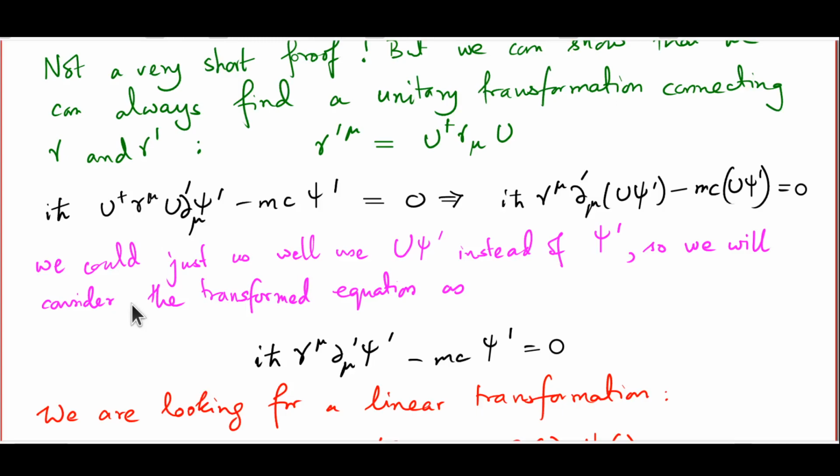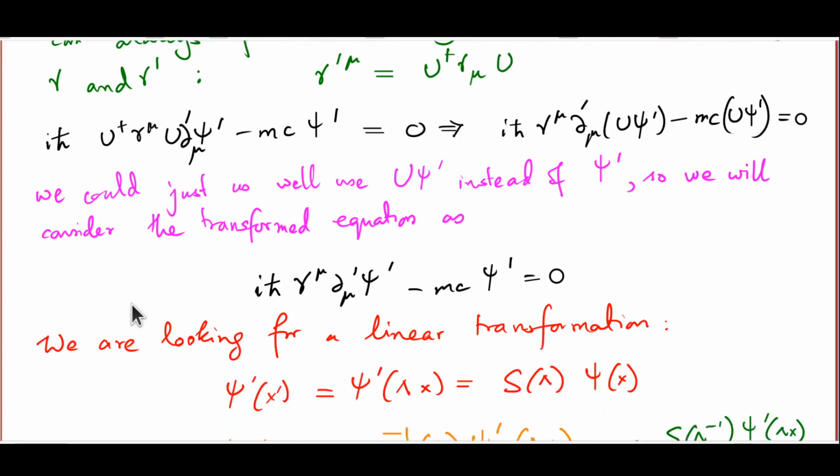We would want psi prime of x prime, which is of course the same as psi prime of lambda x, lambda being the Lorentz transformation which acts on x to give you x prime, to be related to psi of x by some linear transformation, or in the matrix language by some 4x4 matrix acting on psi of x. This 4x4 matrix, which we are calling S, must of course depend on lambda, the Lorentz transformation which relates the two observers. Of course, this equation is invertible and psi of x works out to be S inverse lambda psi